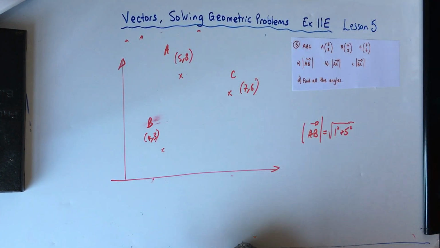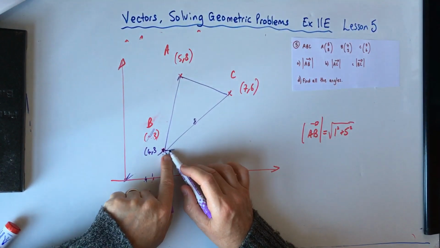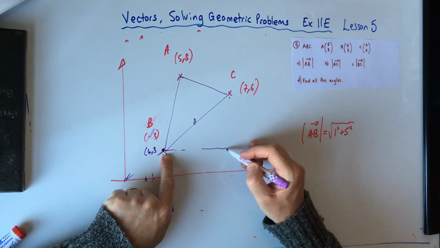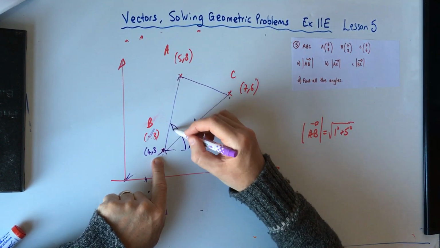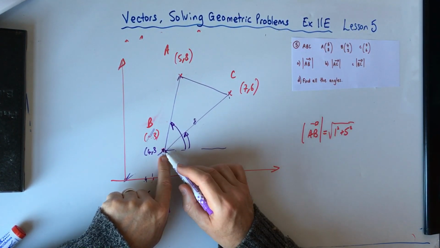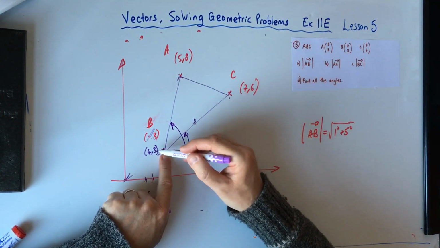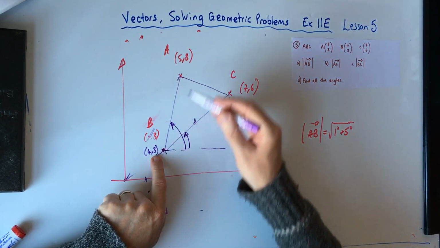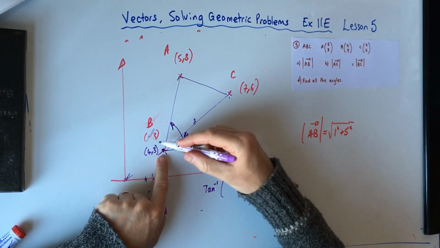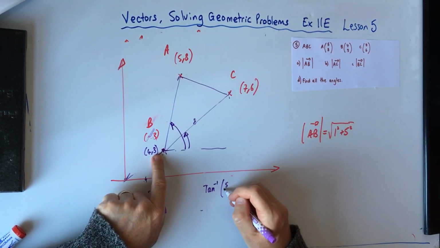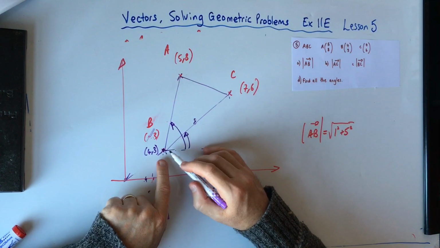So you can do that, but it says it wants you to find all the angles. Okay, from 4, 3, to go from there to there, if you work out that angle and that angle the same way as I was just doing, so the angle from 4, 3 to 5, 8, well, the 3 up to the 8, that is tan to the minus 1 of opposite, which would be 3 to 8 is 5, over 4 to 5 is 1, so the inverse tan of 5, and then from